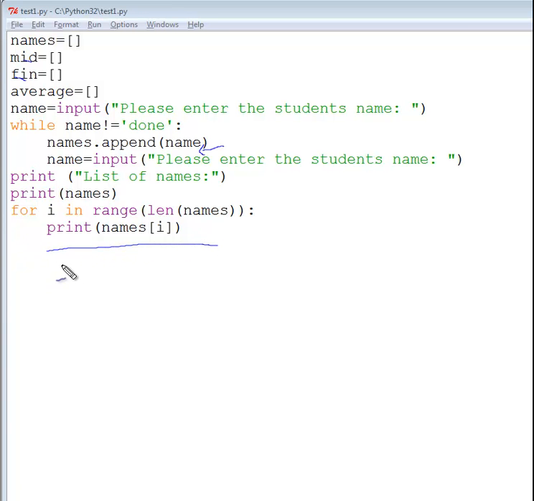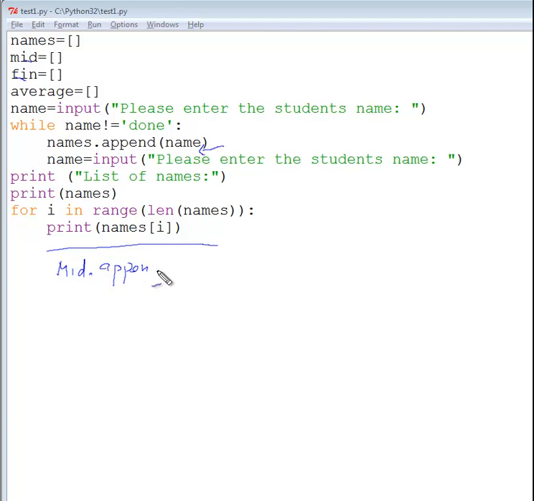You're going to say, well, take the list mid, and what are you going to do to mid? You want to get a midterm grade, and you want to append it. So you can do it like this. You can either do what we did before, create a variable called, let's say, m, and then append that, or you can even do something like this. You say mid dot append,